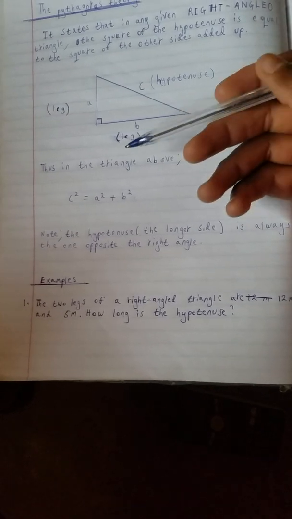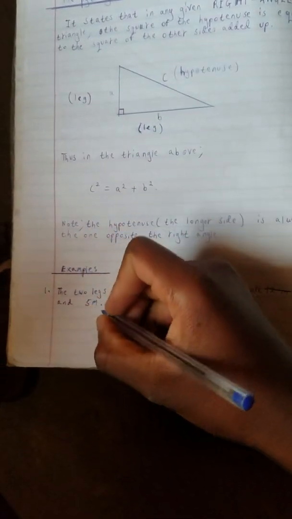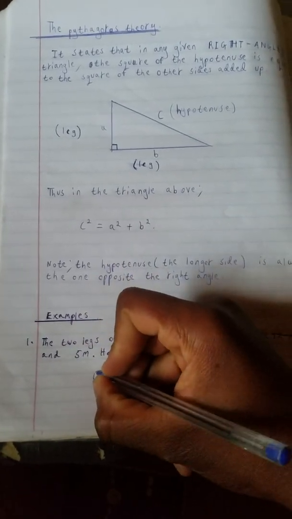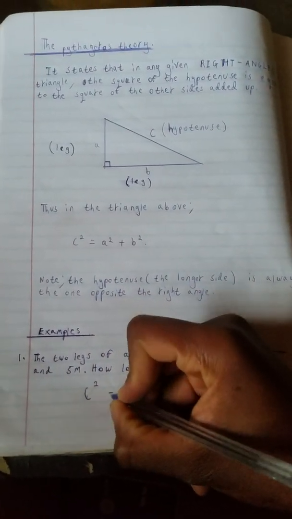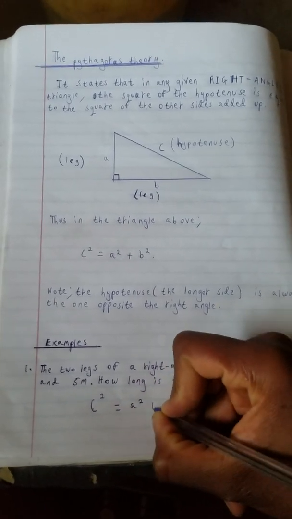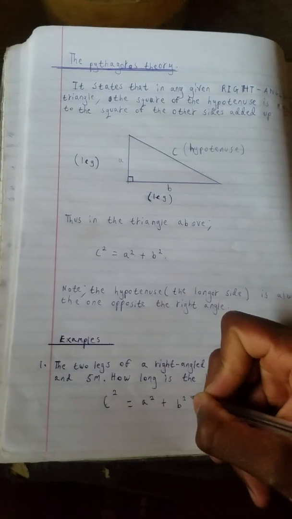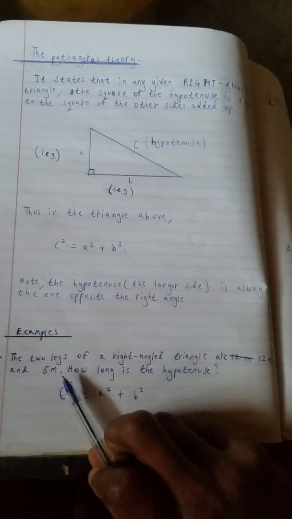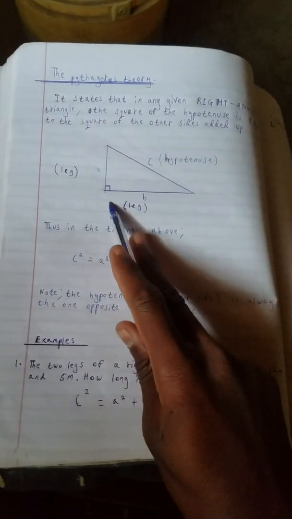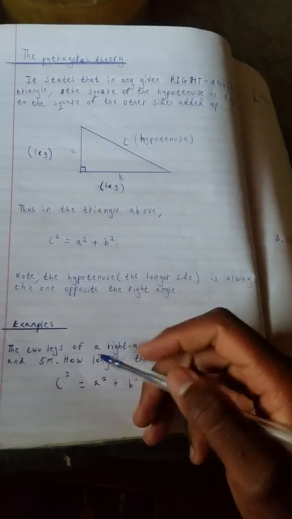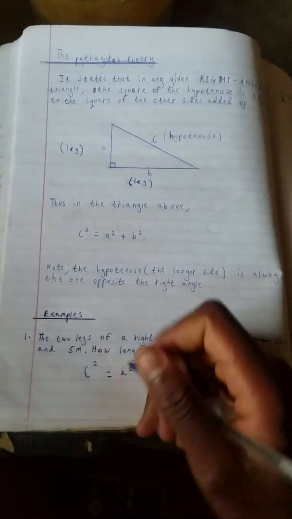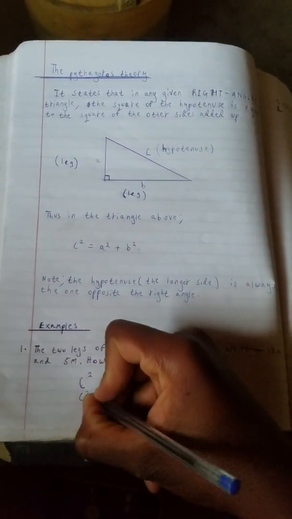And our formula says C squared is equal to A squared plus B squared. We said our C is the hypotenuse, and these two sides we've been given are the two legs, and the legs in our example are A and B. So we replace A and B with the values of the two legs, which is 12 meters and 5 meters, to give us C squared is equal to